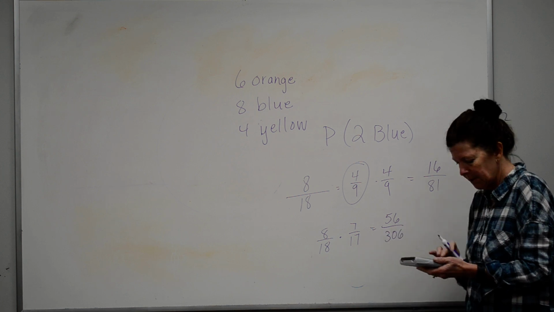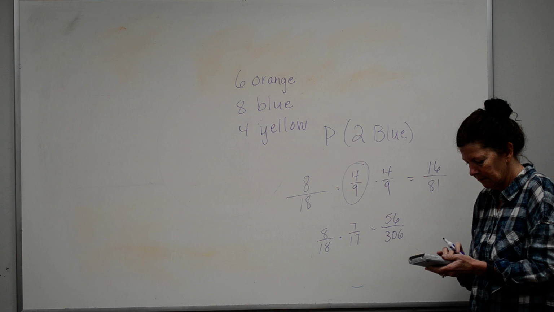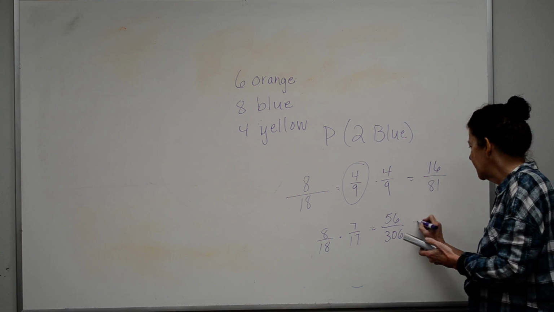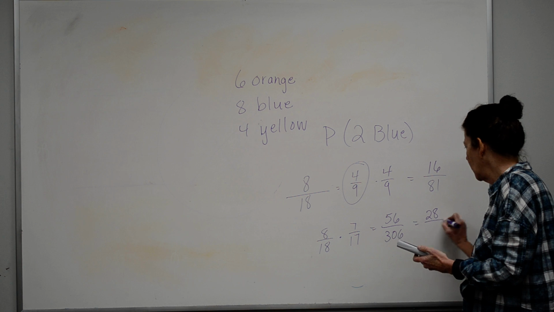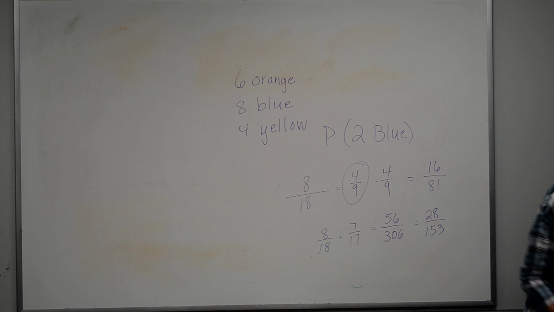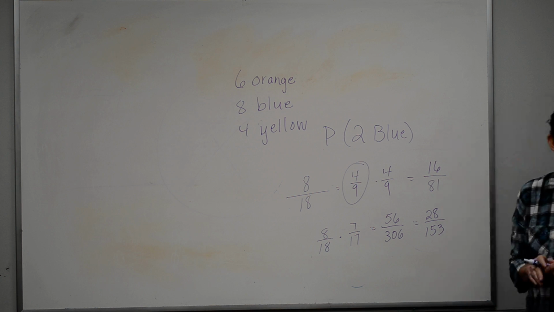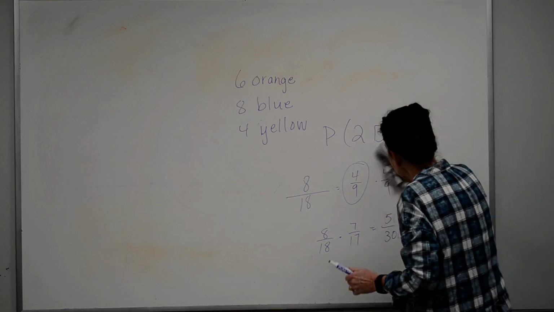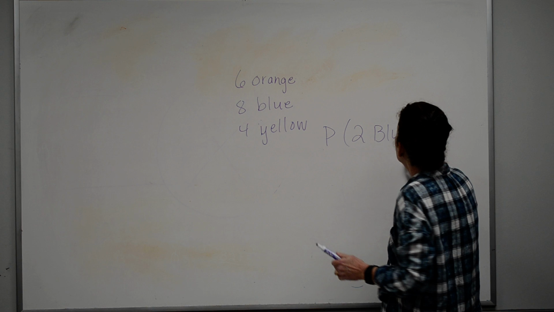306, but I can reduce that down. And it reduces down to 28 over 153, and that would be the probability if I don't put the marble back. Does that make sense? Okay, what if I, still asking the same questions here, what if I said,